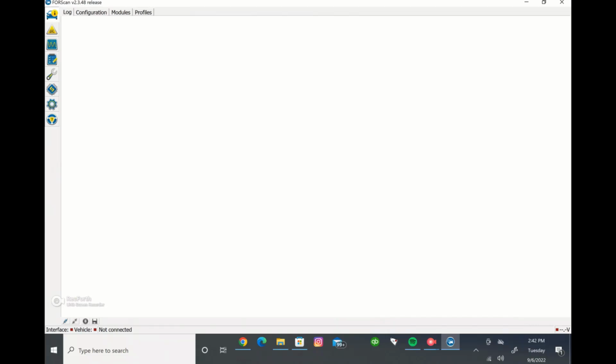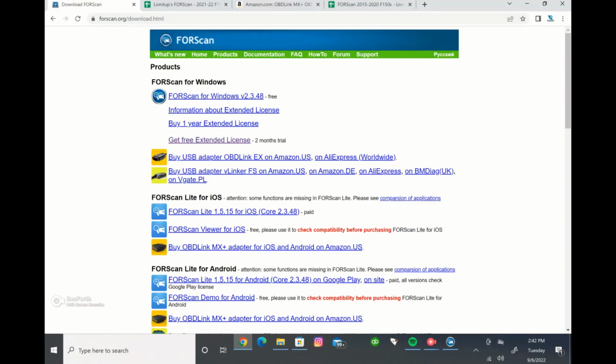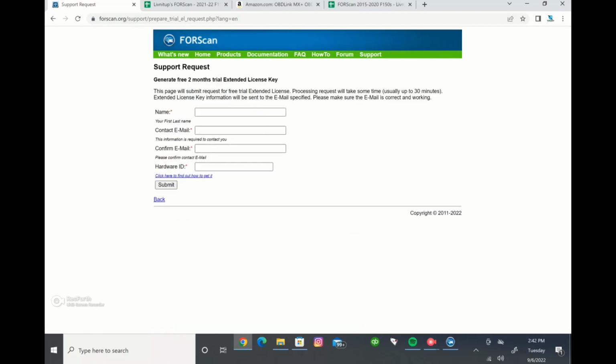Moving into this, in order to input the correct info for the extended license, you're going to come here in the products page and say get free extended license. Again, it's a 2-month trial, so you have to do this every 2 months unless you want to buy the license. The extended license is free. You just have to do it every 2 months because it'll run out every 2 months. So you're going to want to go to this page. You'll input your name,